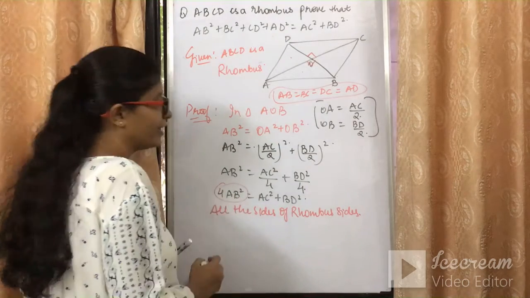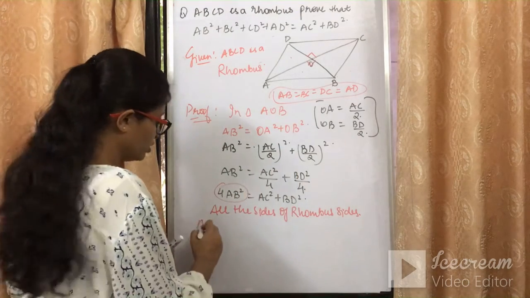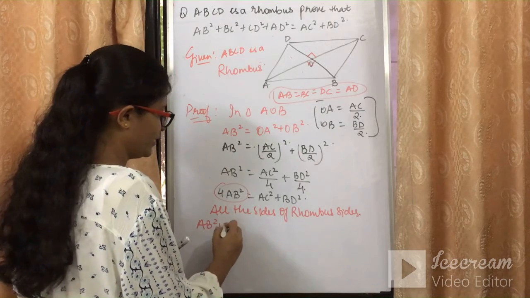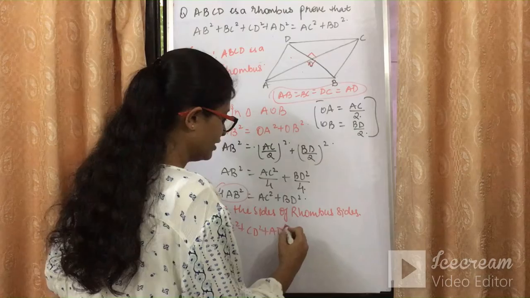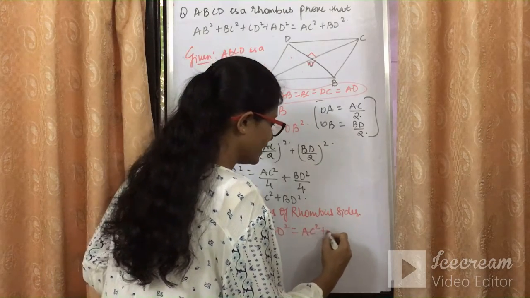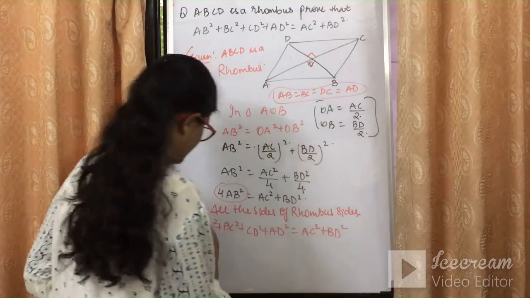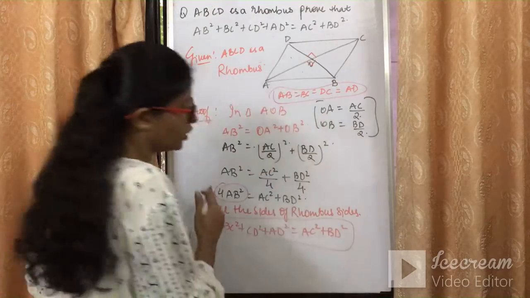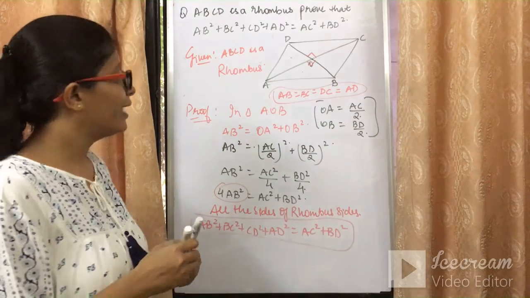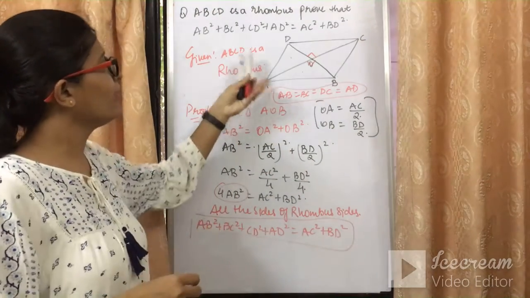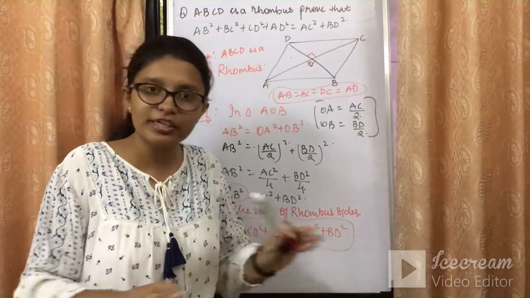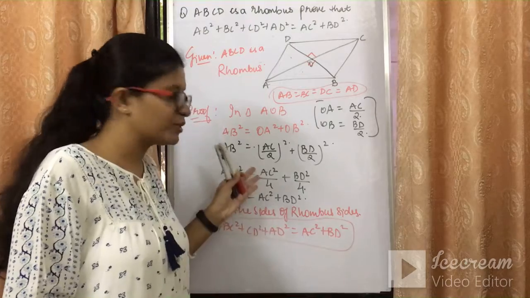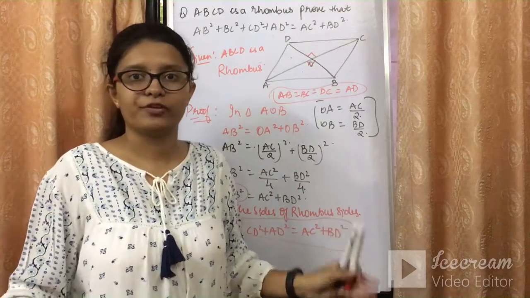तो इसको उठा करके क्या मैं सेपरेट लिख सकती हूँ? AB square plus BC square plus CD square plus AD square is nothing but equal to AC square plus BD square. यही तो चाहिए था. So as I told you, the question is very small but little tricky, and it seems to be little difficult when you see the question, but it is not at all difficult. Just 2-3 steps का question and the proof is over.